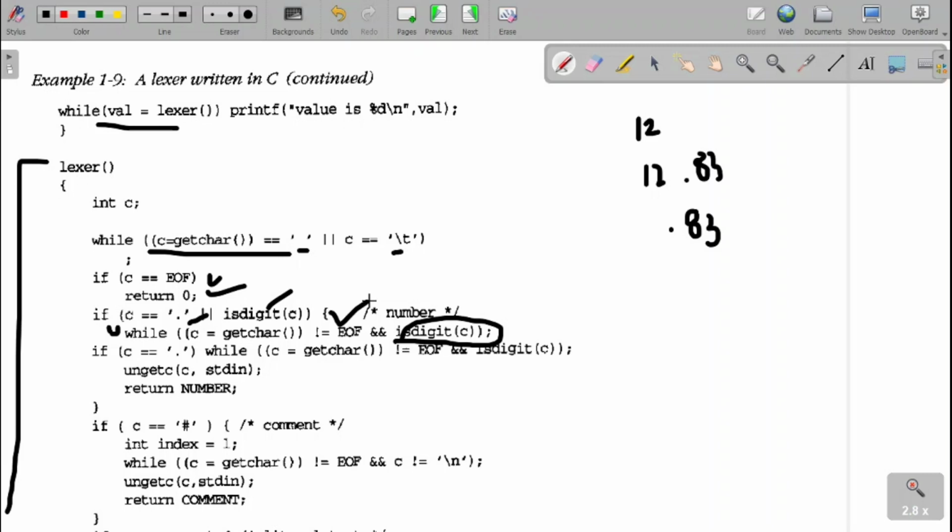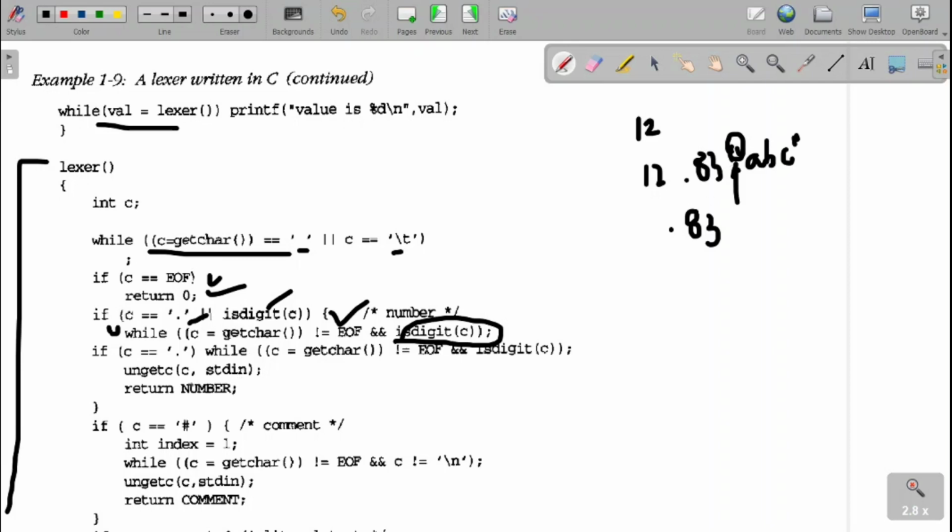Once I break this loop, I can be at a second number, that is in dot, or I can have something else. After 12, my input is 12.83, then I use the text as a double quotes ABC over here as well. Once I get this double quotes, I will break this loop. But I already read this double quotes, and double quotes is not part of the number. It is part of ABC. So now what to do?